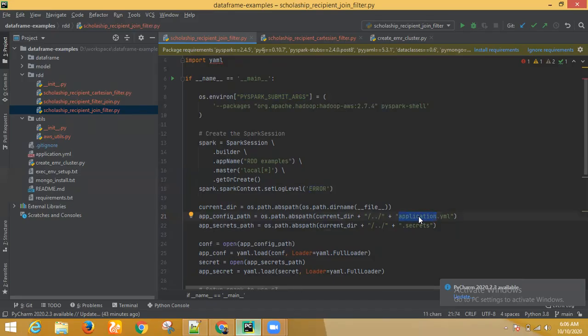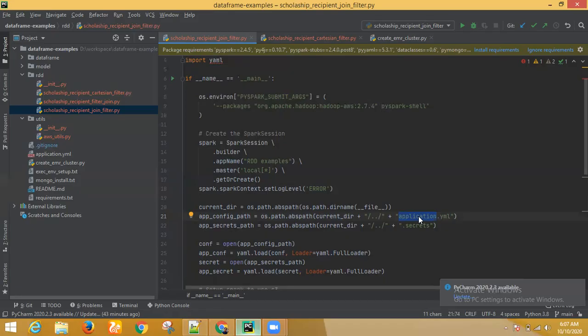For example, if you are reading data from an Amazon S3 bucket, you require the access key, secret key, and all these things. Similarly, if you are using MySQL database connections, you have to use the MySQL related credentials like JDBC URL, username, password, and so on. This kind of information shouldn't be part of your Git repository, isn't it? So that's why I have segregated the configurations into two configuration files.